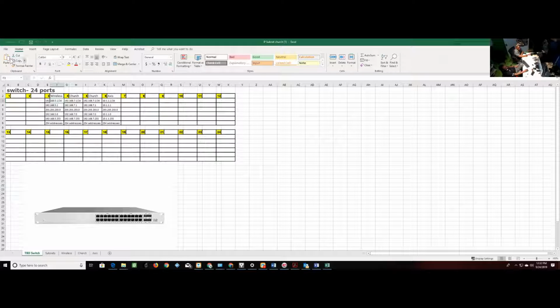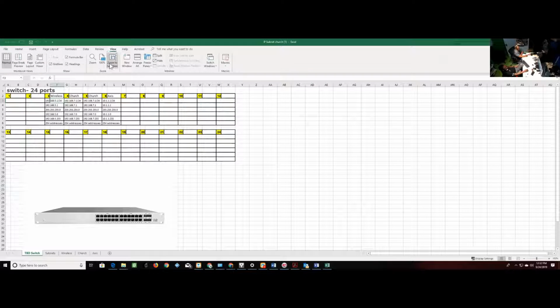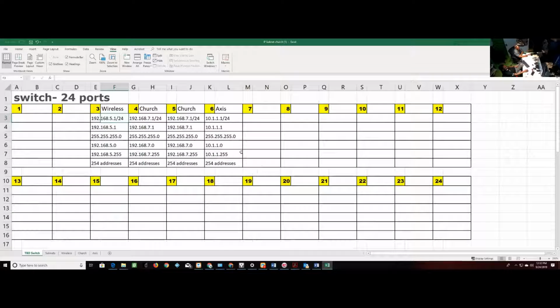So basically here we're going to show that we have an IP scheme. Let me go ahead and zoom this in so you can see. So we're going to set up a standard IP scheme inside of the church so that we can identify which devices. We'll know by looking at this IP address what devices will be identified on your network. So what I'm going to do,